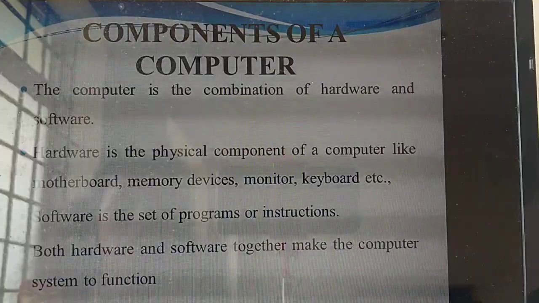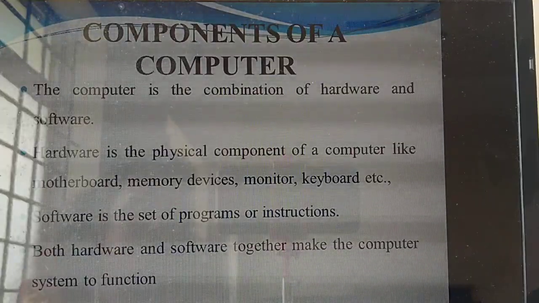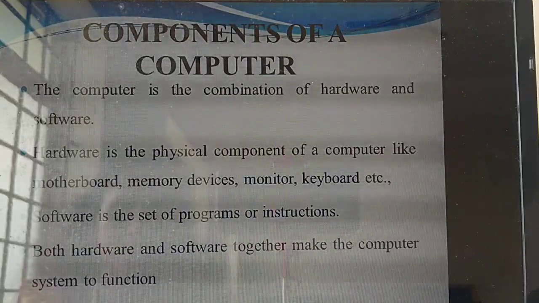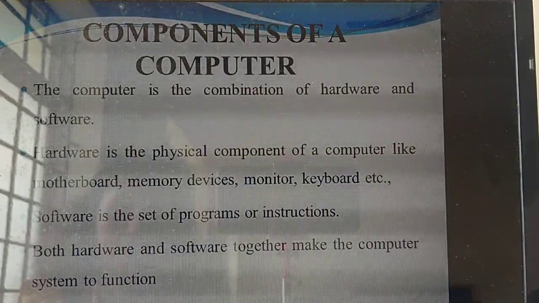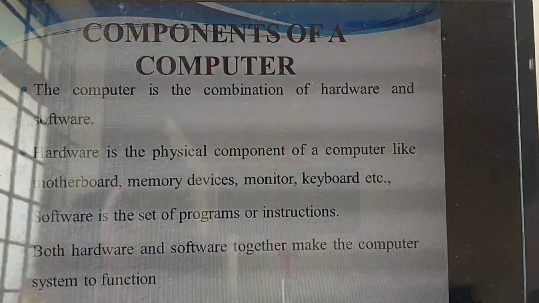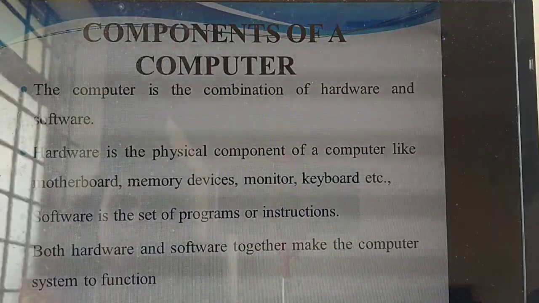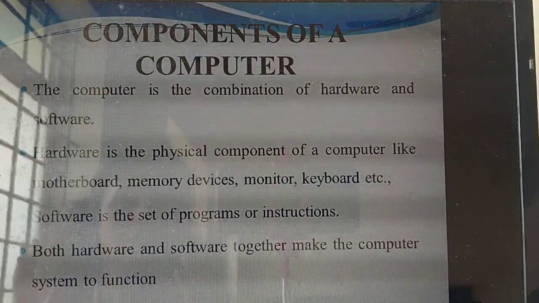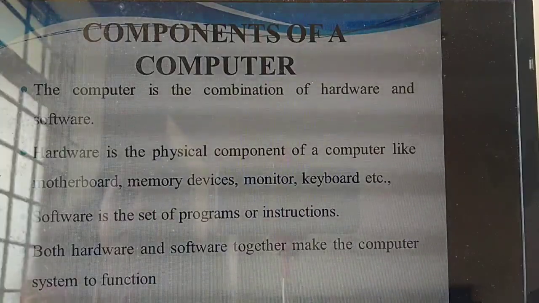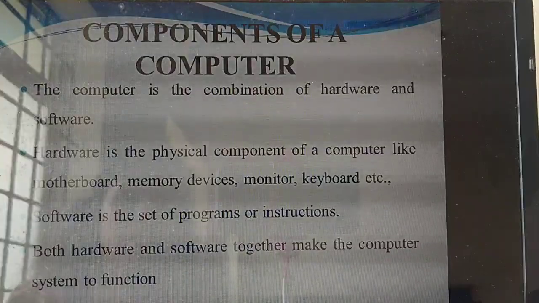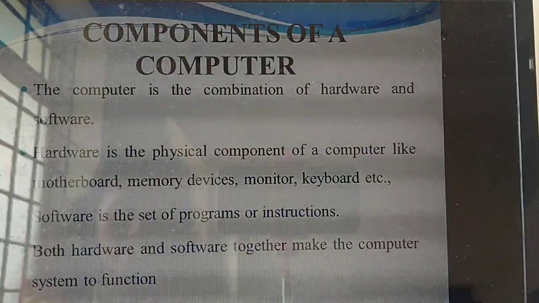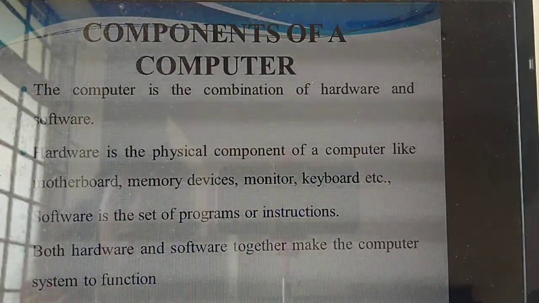What is a physical component? What are the things you are seeing? For example, if you are going to work on a system, what are the things you have seen? A desktop you have seen, then a keyboard, mouse, a projector, CPU. All these things are physical components. That is called what? Hardware. That means devices. What are the things you are seeing with your eyes that are physical components? It is called hardware.